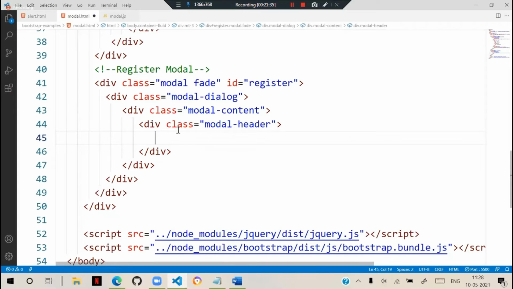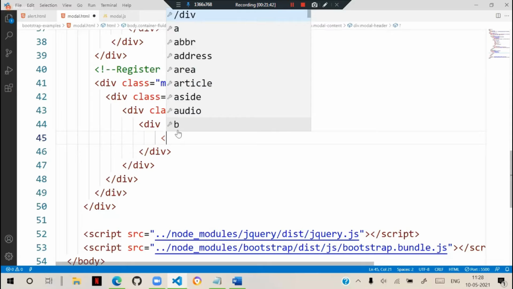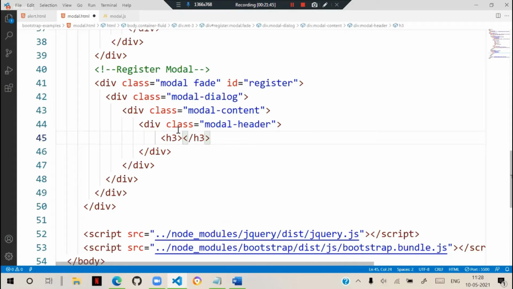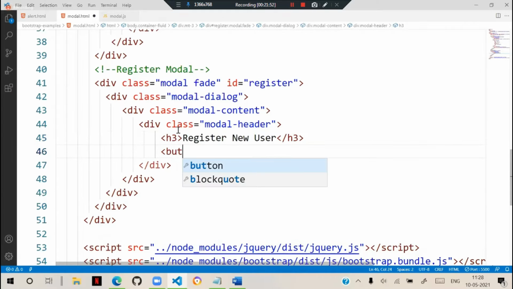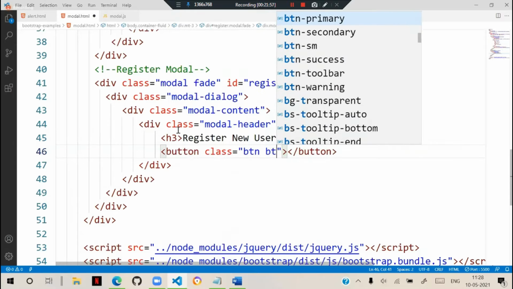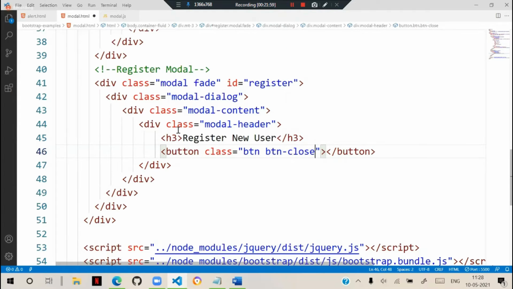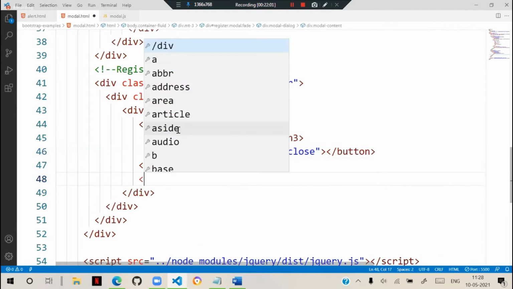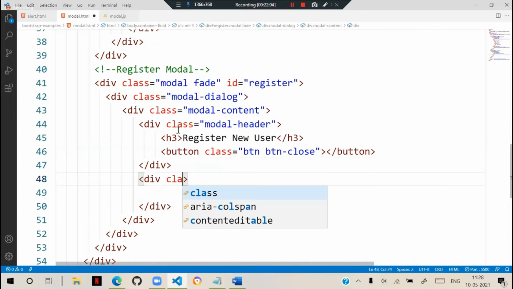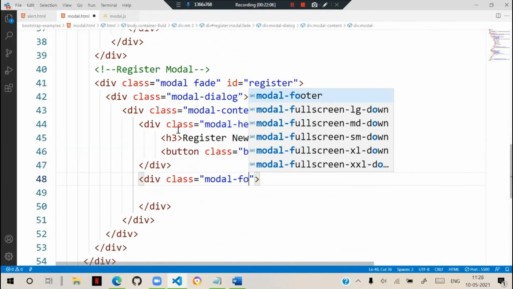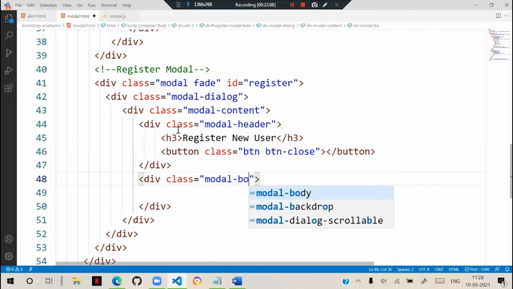Generally, when you are dealing with the model, now that we have configured the model here, the heading can be like Register New User, and put a button with the class btn and btn-close. And we will keep another div with the class model body.